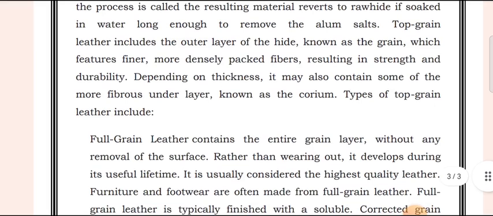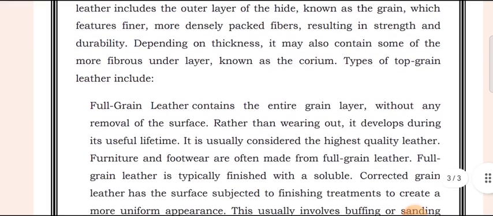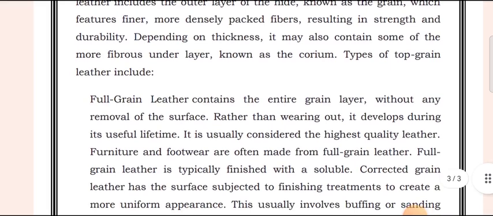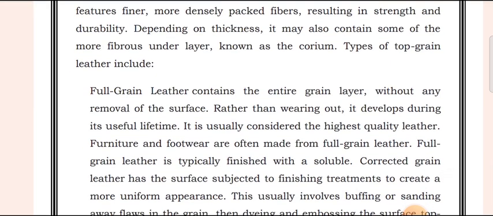Top grain leather includes the outer layer of the hide known as the grain, which features finer, more densely packed fibers, resulting in strength and durability. Depending on thickness, it may also contain some of the more fibrous underlayer known as the corium. Types of top grain leather include: